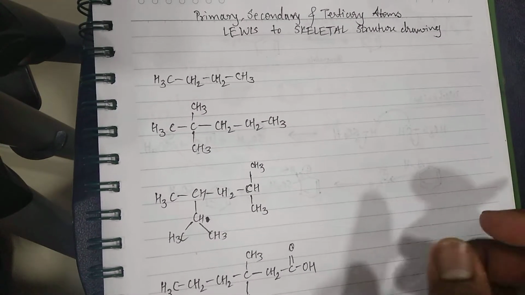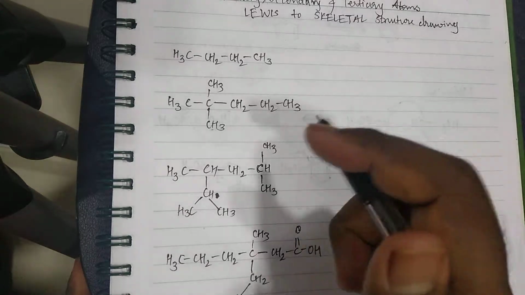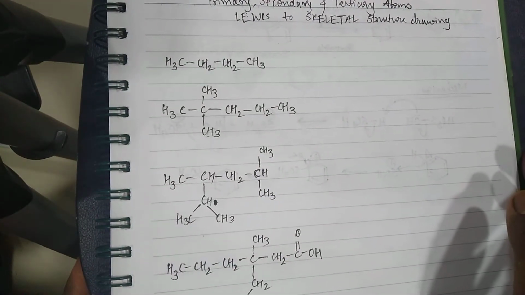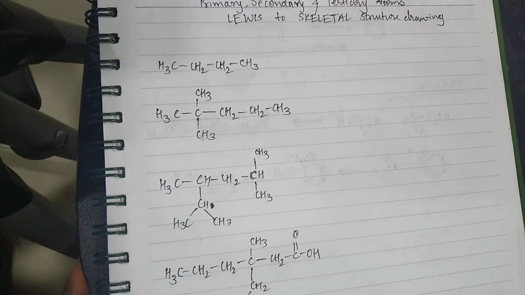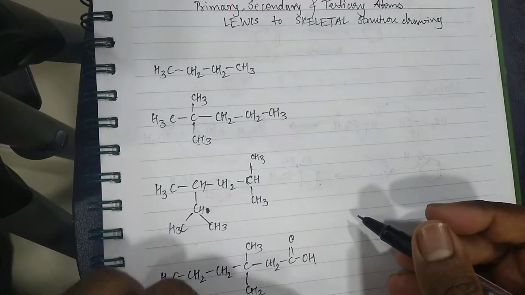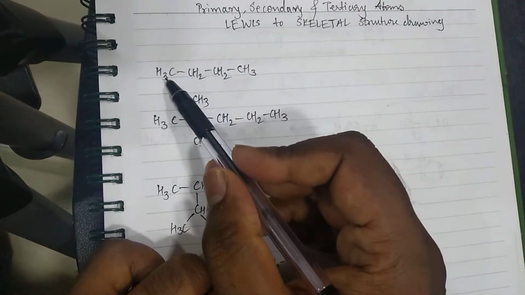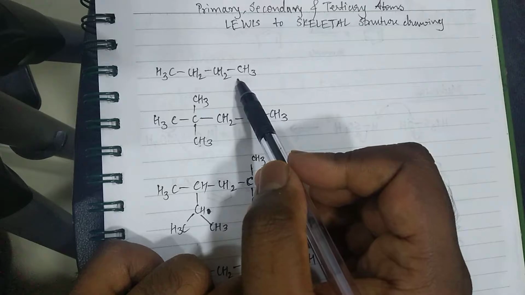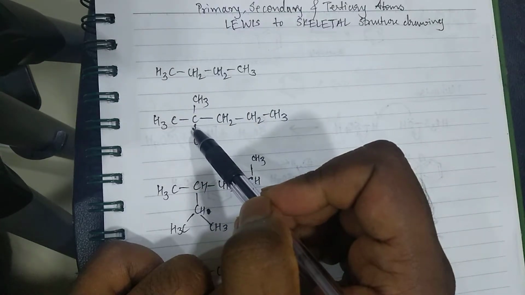Let's start with this first compound which we see here. I'm not going to get into IUPAC namings because that is not really the scope of this video. Okay, but I'll just simply teach you how to do it. IUPAC will be covered some other time. So you have an alkyl chain here with 4 carbon atoms.